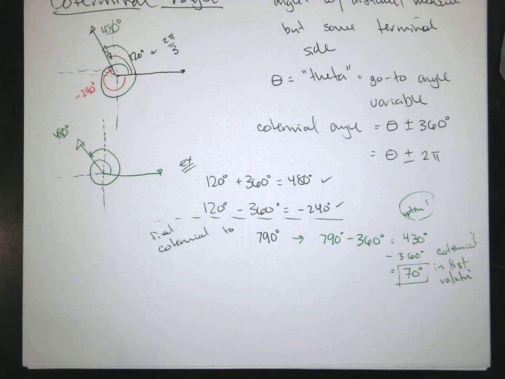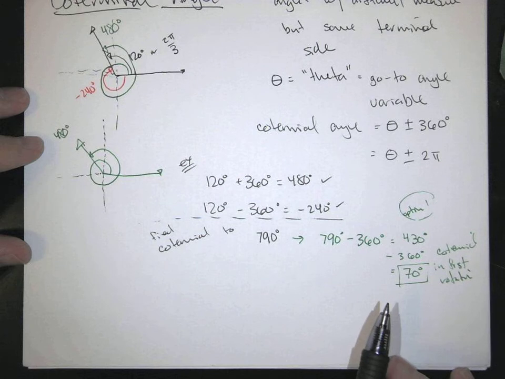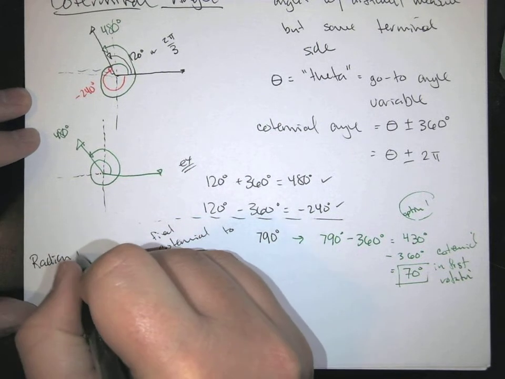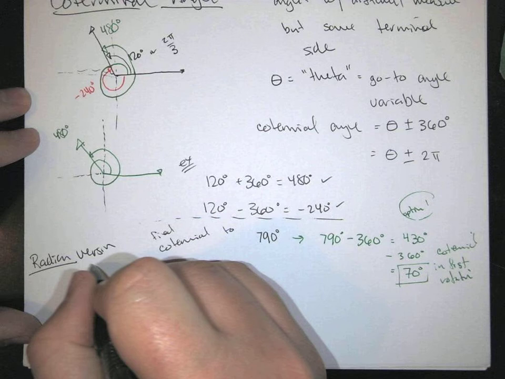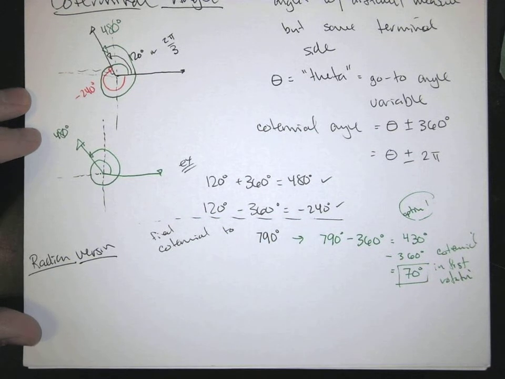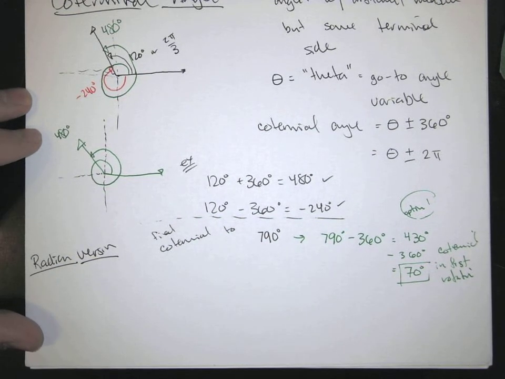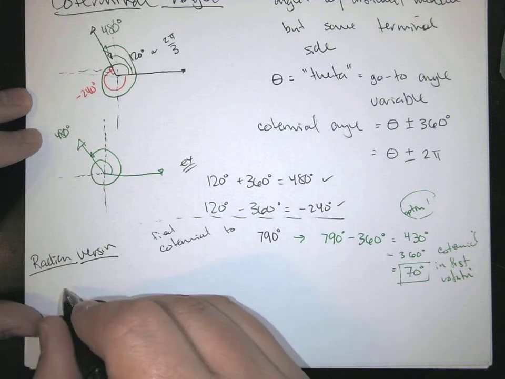If we wanted to do this with radians, we can also do that. It's not a gigantic deal. It's just that you're going to have to do some fraction type calculations instead. So like a radian version. Let's take a bigger angle. Well, I don't know, what haven't we done yet? How about something like